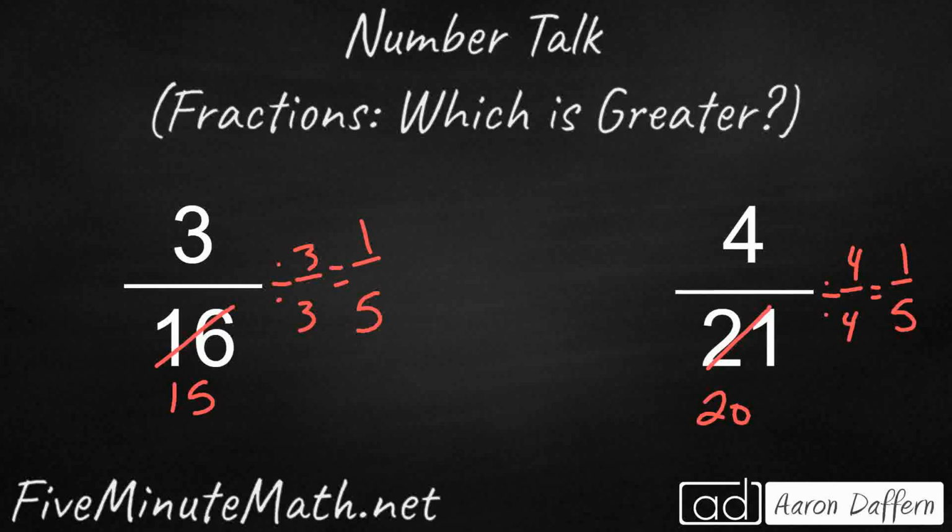So both of these fractions are very, very close to each other. We didn't have to do anything to the numerator to get these close approximations. All we had to do was reduce the denominator by 1 part. So we went from 16 parts down to 15, 21 down to 20. So let's take a look at what that means. Because if I have to take 1 away, my question is, which one is going to be bigger? If I take away a 16th, or if I take away a 21st, which of those is going to be